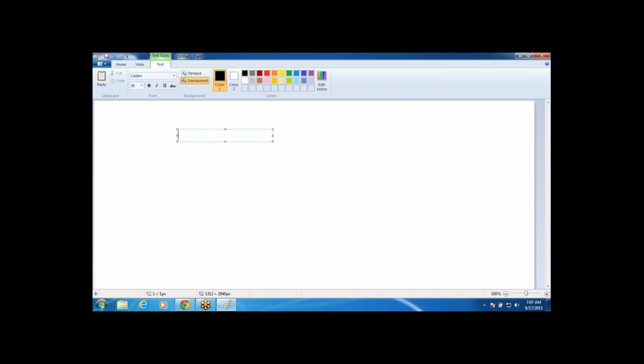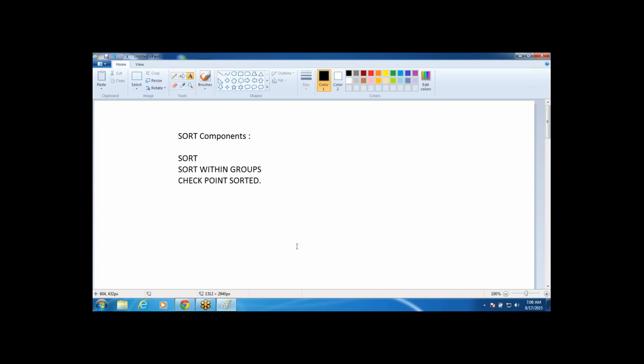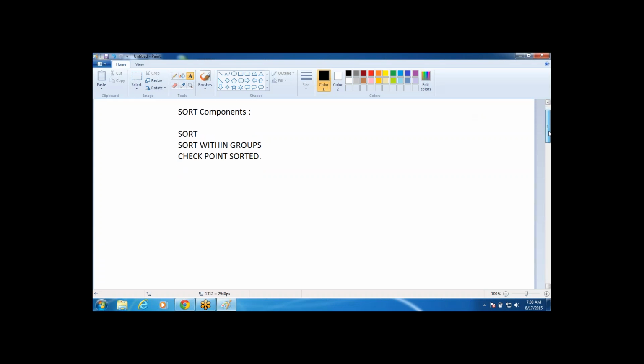Today we will start with sort components. Here we have a sort component, sort within groups, and checkpoint sorted. Coming to the sort component,